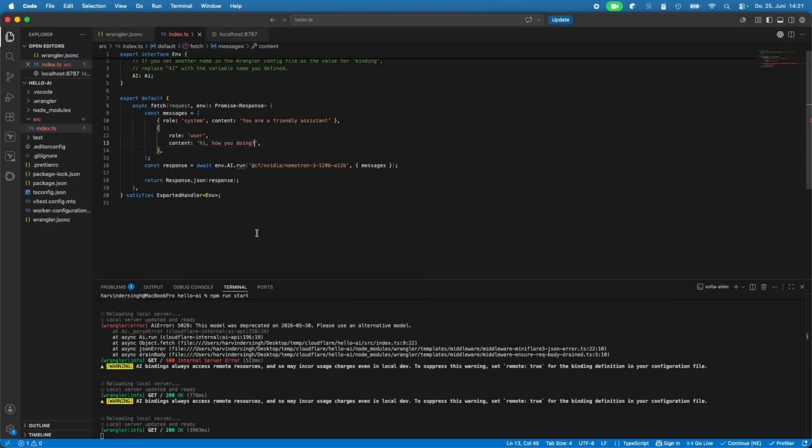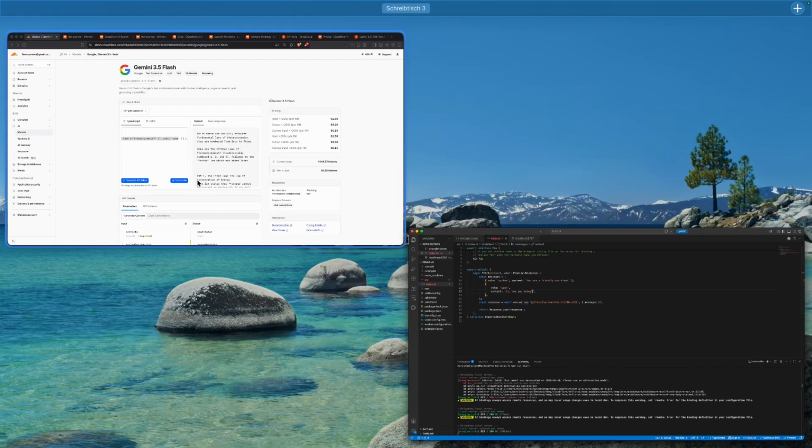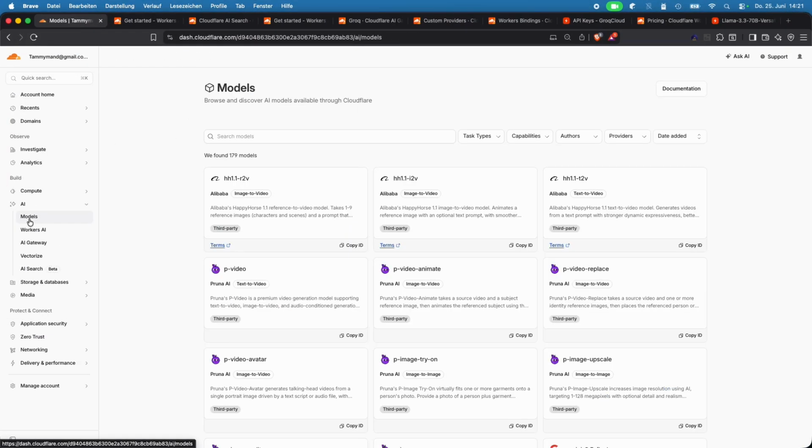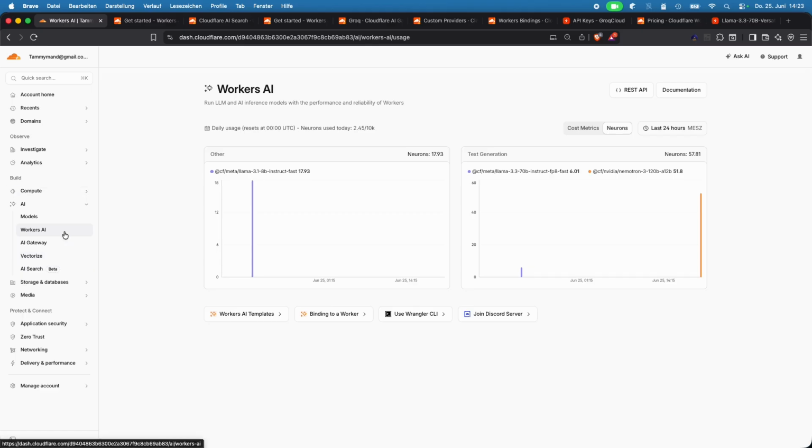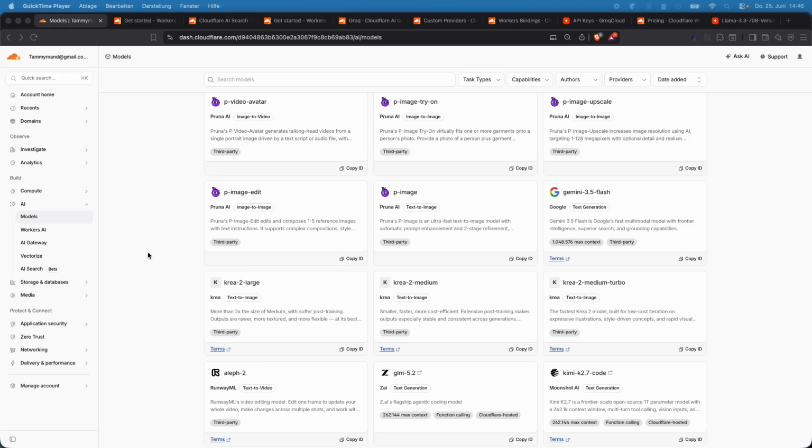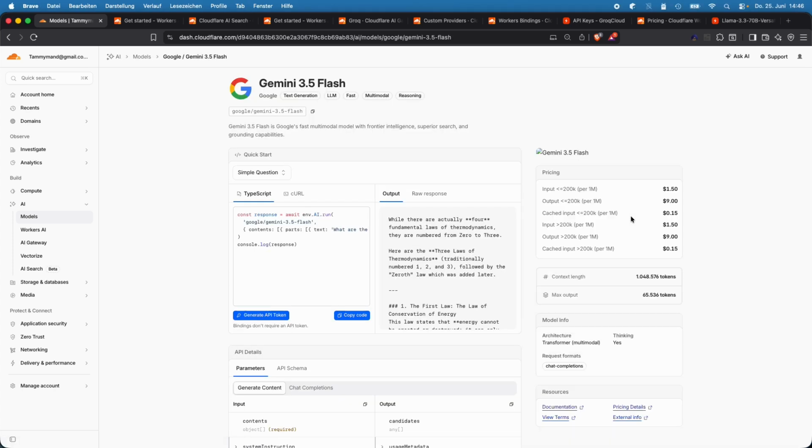Now the interesting part: these are the models that are now being charged from Cloudflare. So under Workers AI, you would see that we used those models. You need to refresh sometimes, and it does not just show there. Okay, so under models, we could also use a third-party model like Gemini Flash, and here you see the prefix is a bit different,